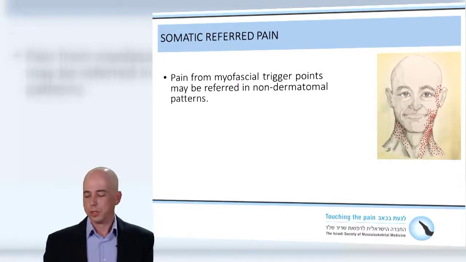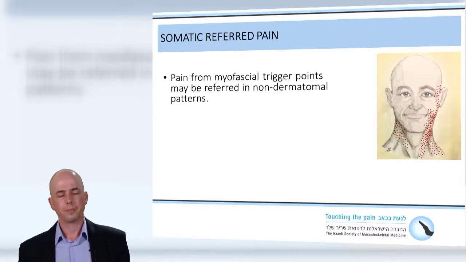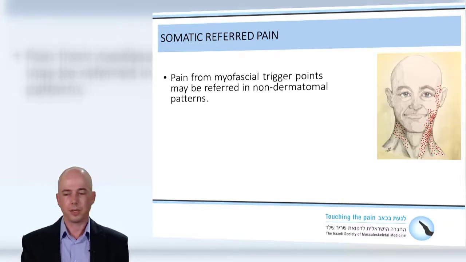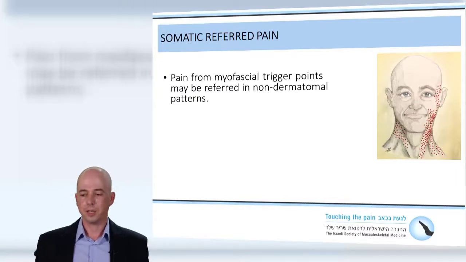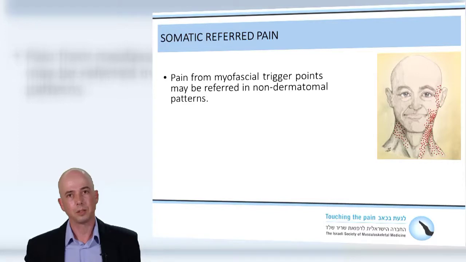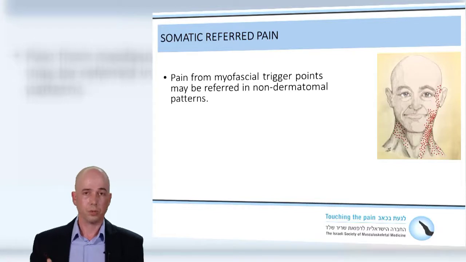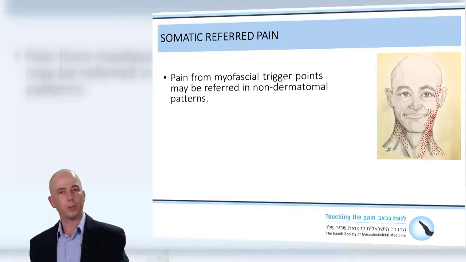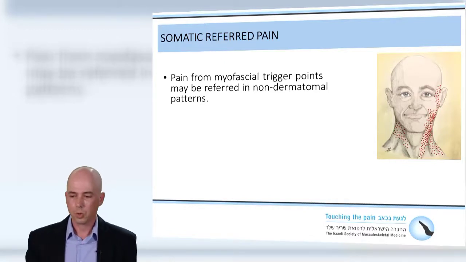One last point before we conclude is the question of referred pain. How come pain arising from muscles can radiate to distal or to distant locations? We know it happens. We know, for instance, in this drawing, we see the pain referral pattern of the longus colli muscle. It's a deep cervical muscle that, when it's involved in myofascial pain, is not only painful locally, but also radiates pain to the ear, to the eye, and even to the contralateral neck. And this referral pattern does not comply with any dermatome that we know. So how does this happen?